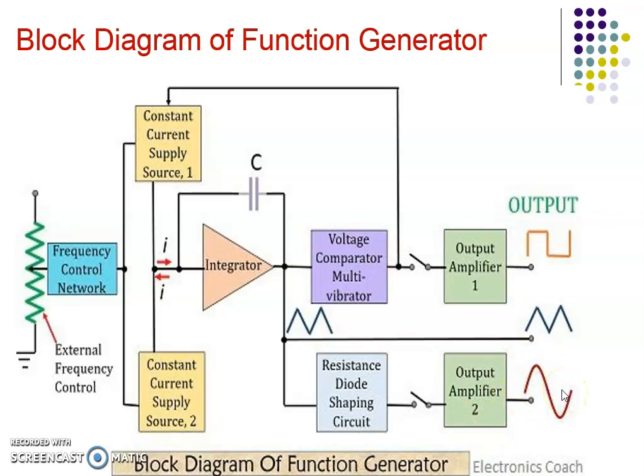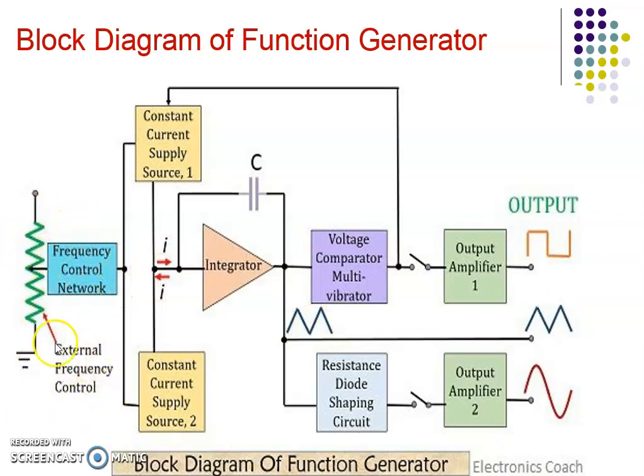So in a very simple way, we have discussed this function generator. Let us revise it again. This particular part is to change the frequency. When we change the frequency from the external knob provided, it gives input to the constant current source. Accordingly, the constant current source changes the current value, so that it can change the period of charging and discharging. The charging and discharging period gets changed, so automatically the frequency gets changed. That is possible by this frequency control network.